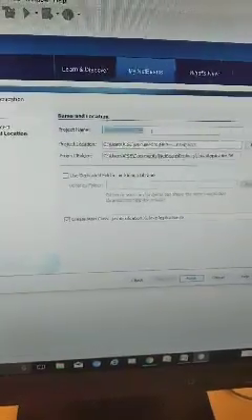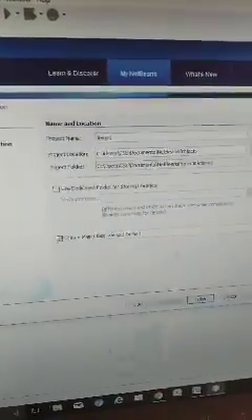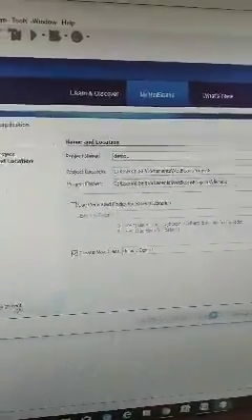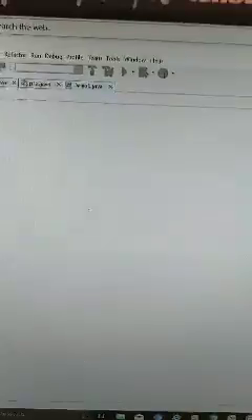So here you have to give the project name. You can give any project name here. I am giving the project name as Demo1. So finish. Now it creates a separate Demo1 project. Within that project you have to create a Java class file. See here in this project list, it is Demo1.